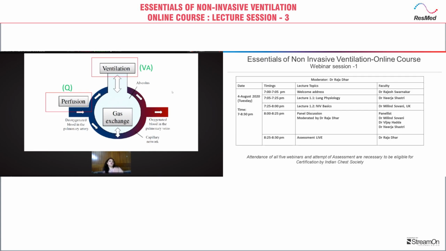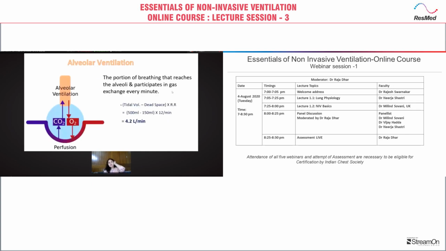So we need to focus on ventilation and perfusion if we want a good gas exchange. Talking about alveolar ventilation: before alveolar ventilation is the air in the alveoli. And we know alveoli take part in gaseous exchange. This is the respiratory zone where they exchange air. But how does the air come in?